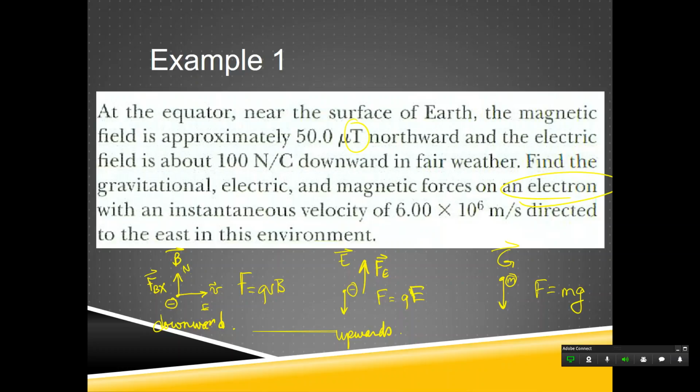So the question is asking about the force. If you're looking for the force, you have to use F equals Q times V times B. And theoretically, there should be a sine theta, but the